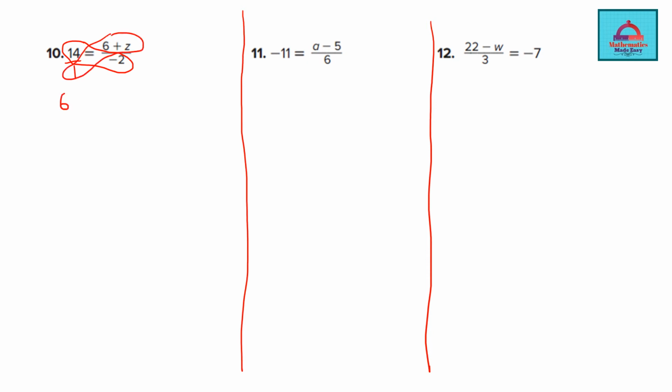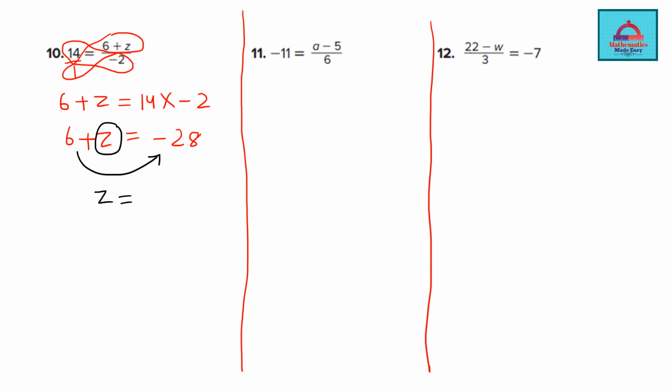So 6 plus z will be equal to 14 multiplied by minus 2, which is minus 28. So 6 plus z is equal to minus 28. We need to isolate z, so we'll take 6 to the other side. So z is minus 28 minus 6, which is minus 34. So that's the value of z, and you can also check your answer by putting it